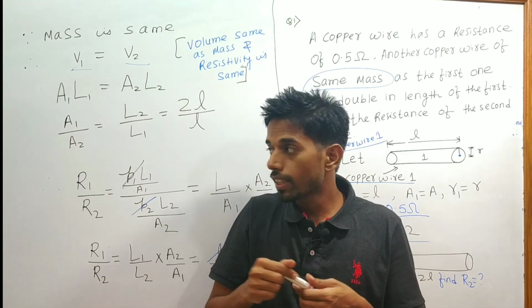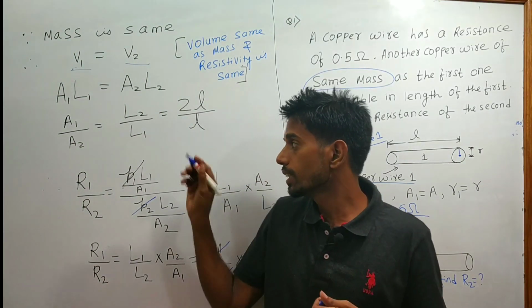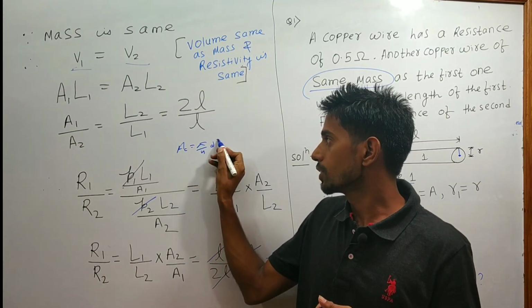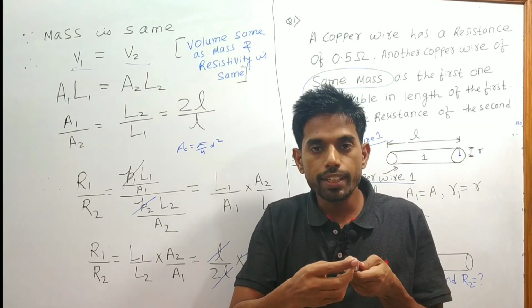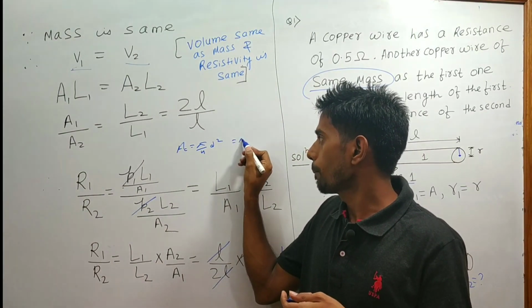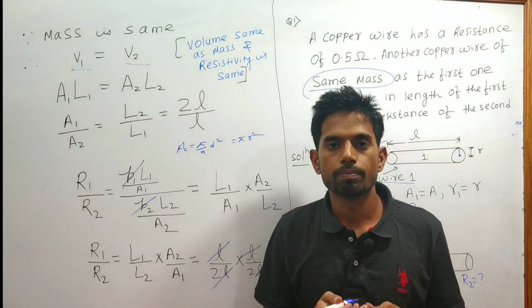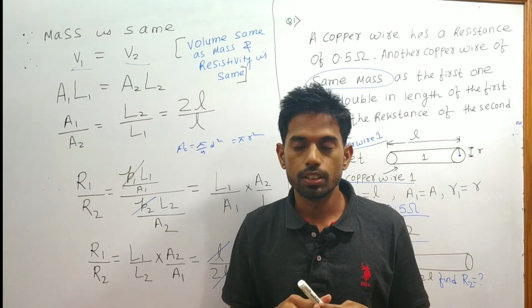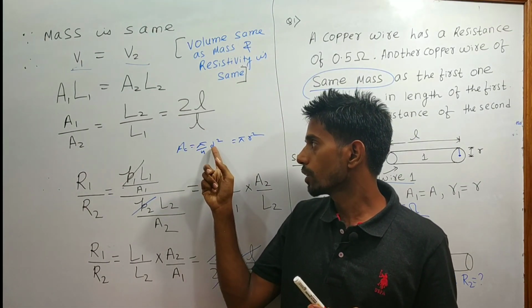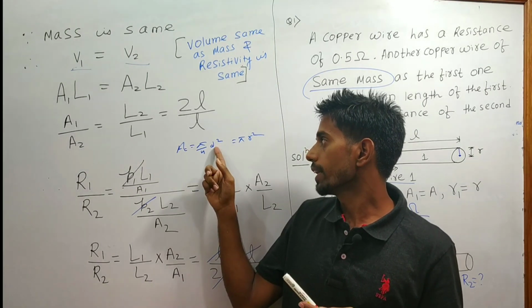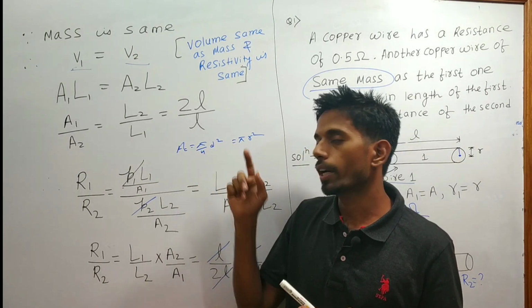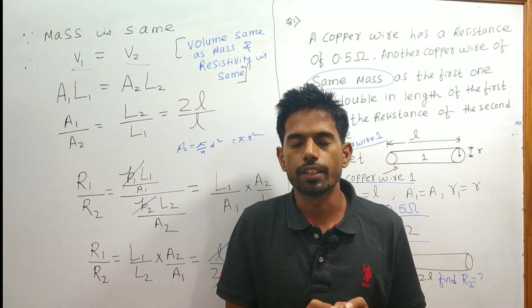In terms of diameter, the cross section area formula is A cross section is equal to pi by 4 d square, and in terms of radius, the formula is pi r square, because you know diameter is 2 times the radius. If you put the value of diameter as 2 times radius, you will get pi by 4 into 2r square, 4 cancels, pi r square. This is cross sectional area.